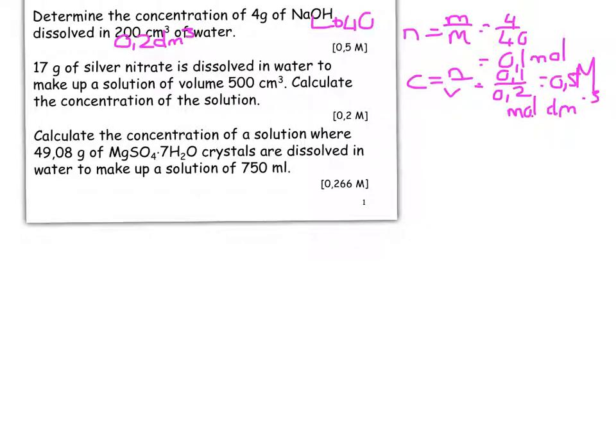The next one, 17 grams of silver nitrate. So I'm going to need to work out firstly what silver nitrate is, and it is Ag. Silver has a valency of 1. Nitrate is NO3. NO3 has a valency of 1. Hold hands, and you land up with AgNO3. The molar mass of that is going to be 108 plus 14 plus the 3 times 16 over there, so you land up with